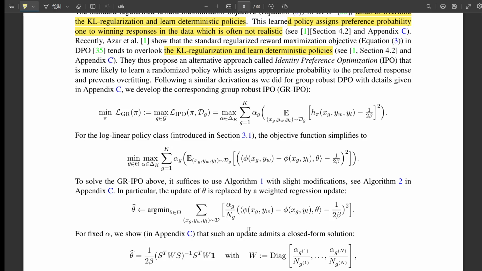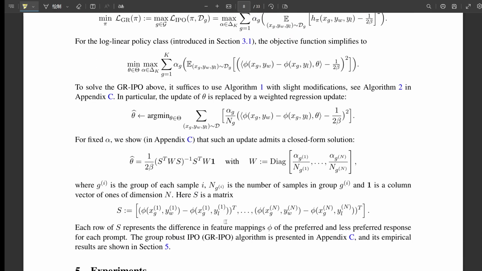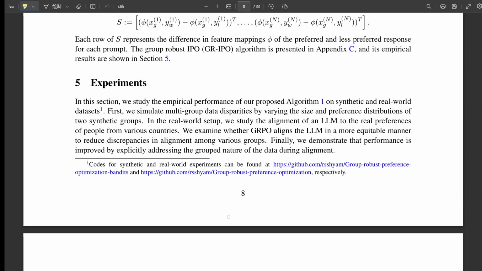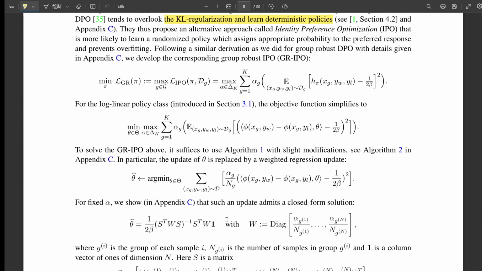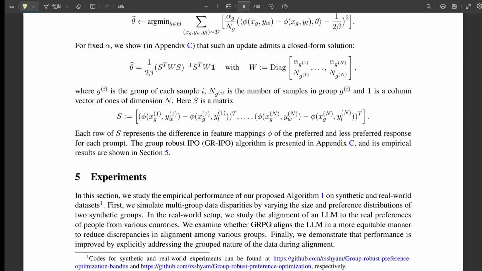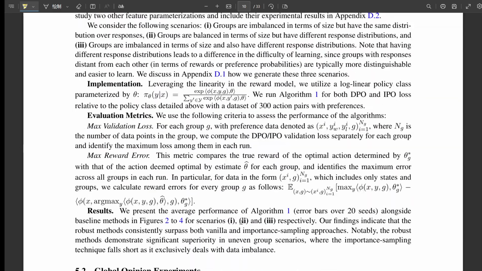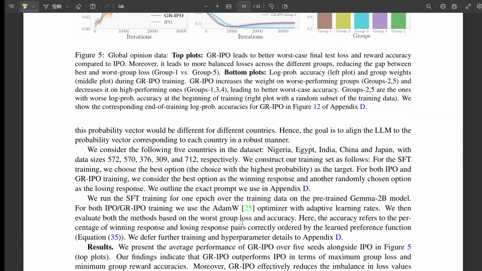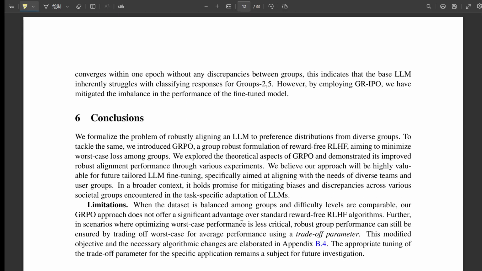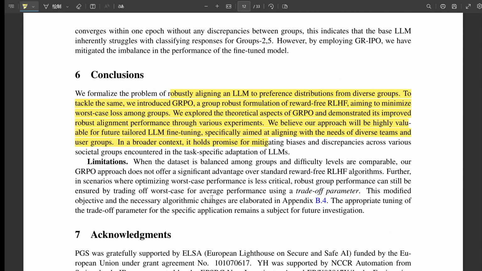That suggests products or services that are actually aligned with your values and ethics. Wow, so GRPO could potentially encode values and ethics into AI systems. It's a powerful concept for sure. That's huge. And that suggests we need serious collaboration between AI researchers, ethicists, social scientists, all sorts of domain experts. We need to work together to develop AI systems that are not only technically sophisticated, but also ethically sound and socially responsible.